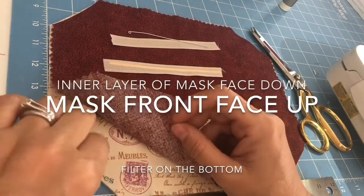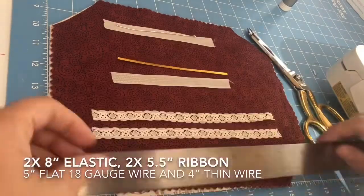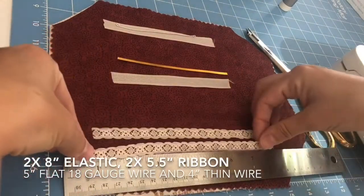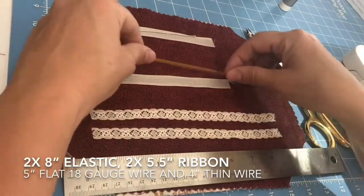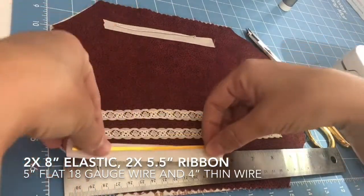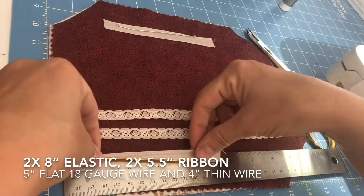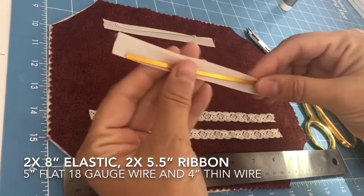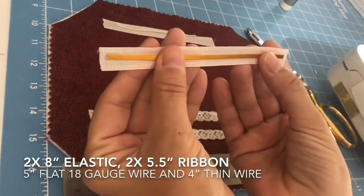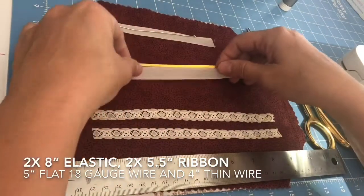Underneath your top layer is the filter fabric, and I'll tell you the lengths of everything. My elastic I have at 8 inches, and there's 2 pieces because I have 2 ears. Then this piece right here is a little more than 5 inches. It's 5.5 inches. Now you'll see that it barely is smaller than my ribbon, so I am going to cut